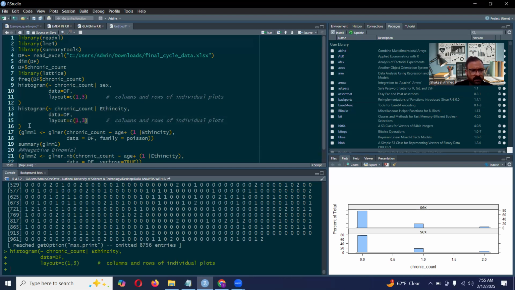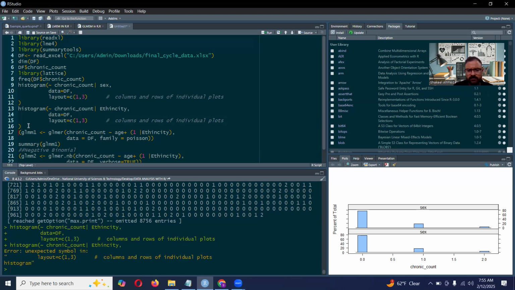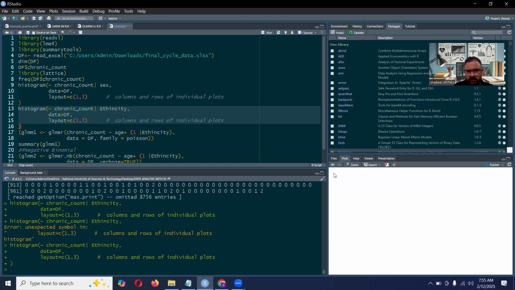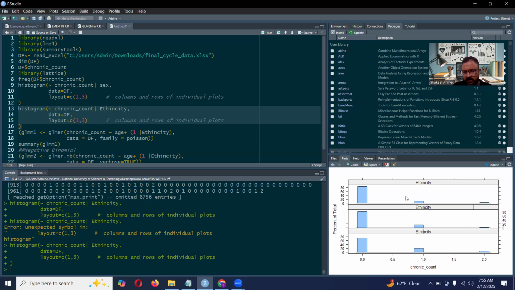The histogram is not displaying. I think it should. So this is different distribution of counts for different ethnic groups, and we can also make an XY plot for chronic conditions with age, basically the relationship between chronic condition and age